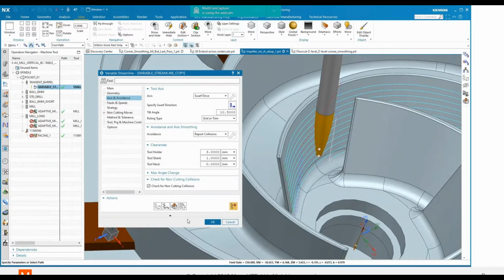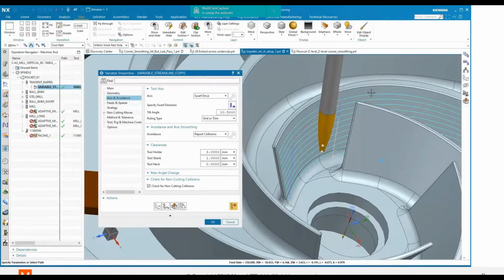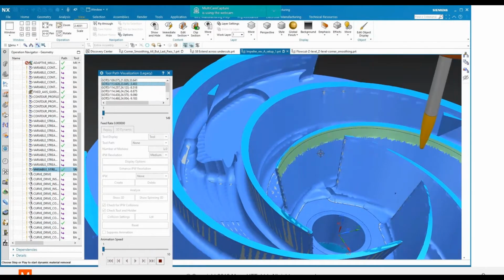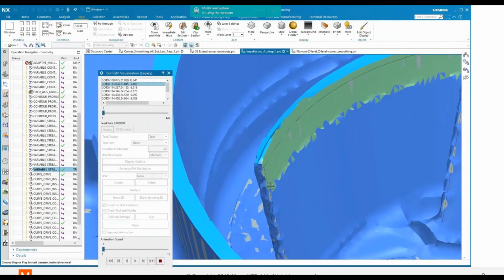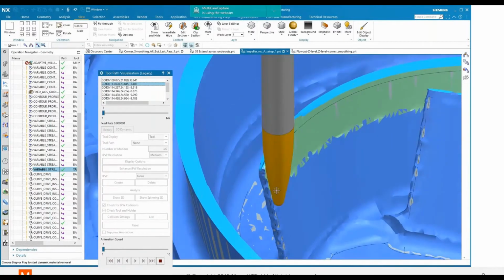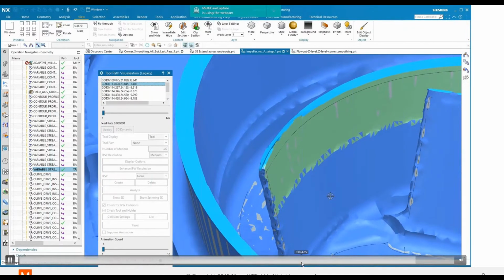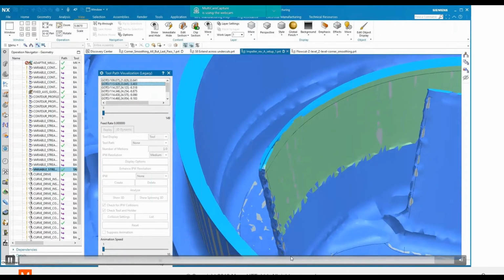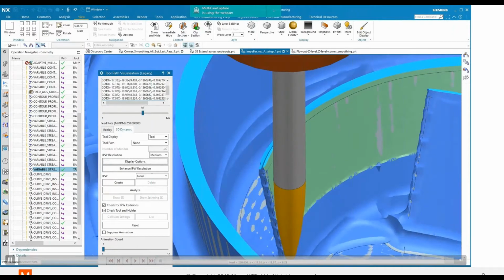Okay, at this point then let's do a verification so that you can see the material removed by this tool. Okay, here's my vane with finished stock remaining. Let's run the simulation here. And I think you'll see that even with the large step over, we're getting a really nice cleanup. If you haven't considered them before, the circle segment tools along with NX CAM for finishing can really improve your productivity and surface finish for your production parts. Okay, let's move on.